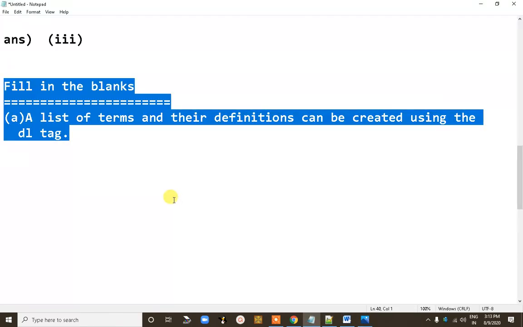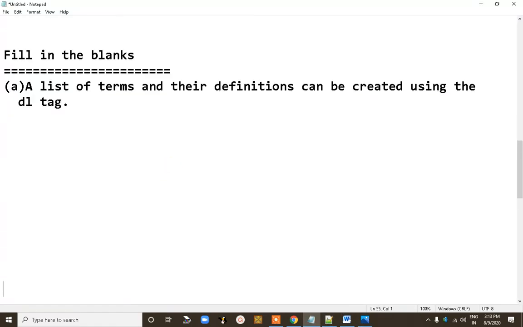So the answer of this question, for the A, is in the image study, page number 64. This is the image study question.